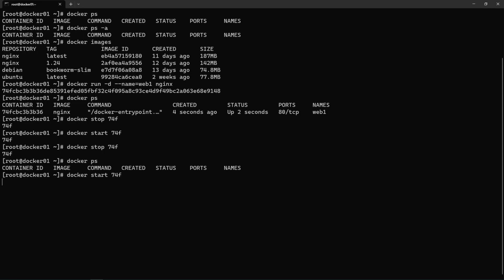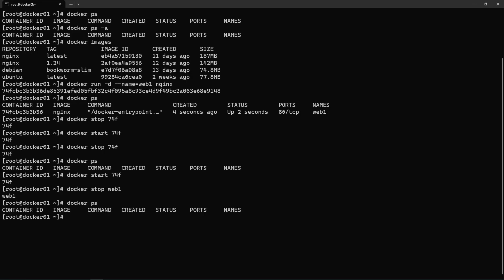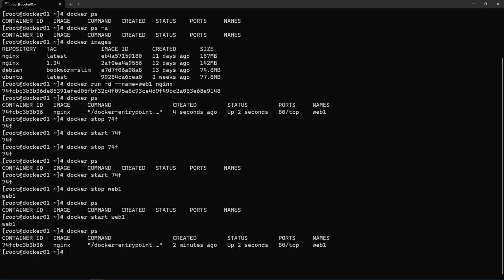I can do docker stop web1, and that stops the container. And if I just do docker start web1, it will start it,